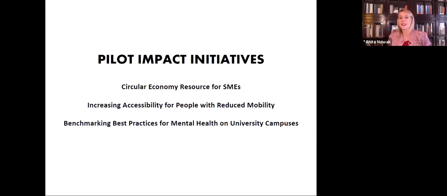Another group looked at increasing accessibility for people with reduced mobility. They partnered with an organization called Move, M-U-V-E, which actually has an app that you can download onto your phone, which is essentially an Uber for people with disabilities. So they did geotagging on our campus, and they looked at sort of the whole idea of accessibility for people